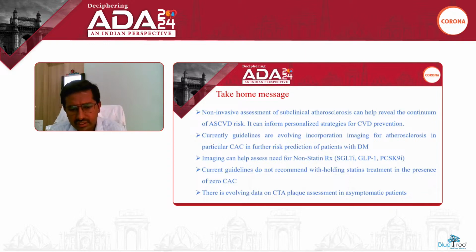There is evolving data on CT coronary angiogram plaque assessment in asymptomatic patients. Basically, there are various methods to evaluate risk assessment for ASCVD. One is lipoprotein little a levels. Second, in imaging, no proper guidelines have come up for imaging for ASCVD assessment. But in coronary artery disease assessment in diabetic patients, you have to identify obstructive pathology. You can do a stress test or a CT angiogram, which is valid. And to identify non-obstructive coronary artery disease in diabetes patients, you have coronary artery calcium score, CT angiogram plaque,